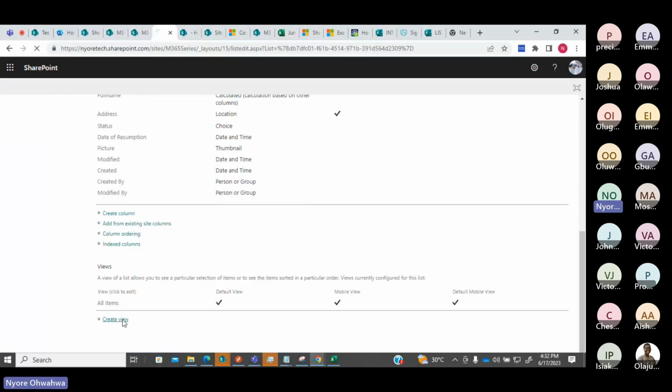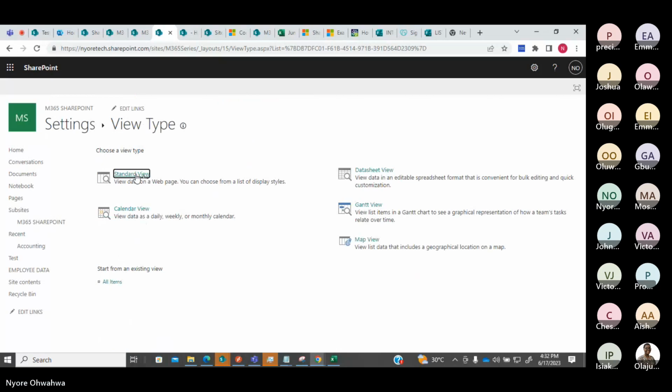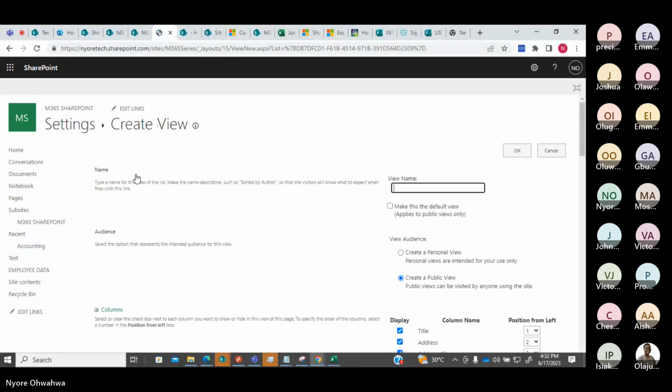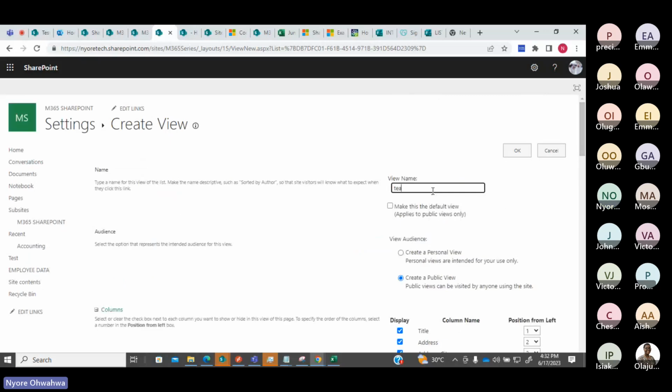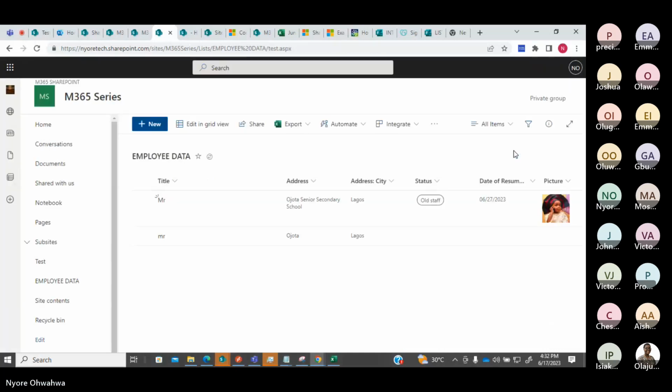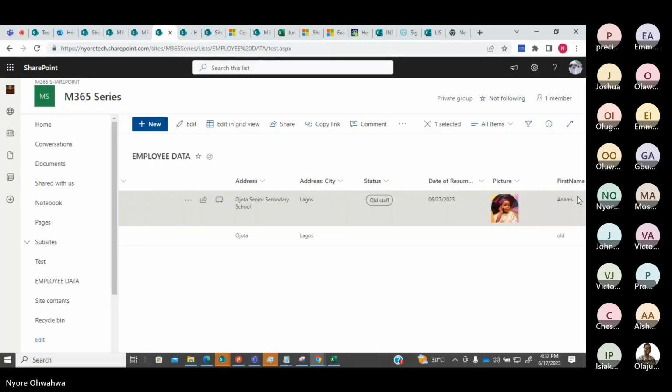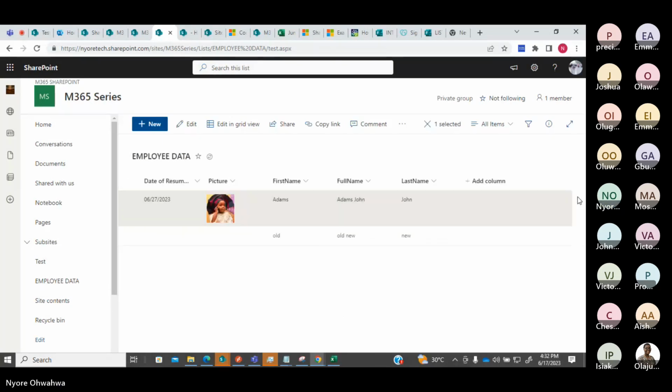Let's create a view. Okay. These are the columns I was looking for.